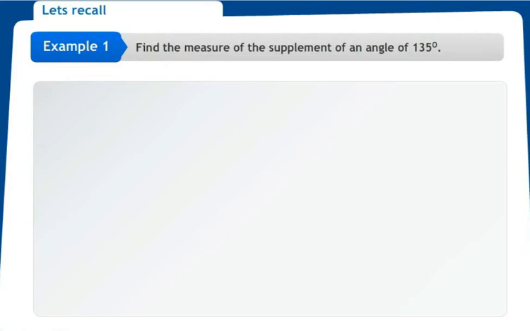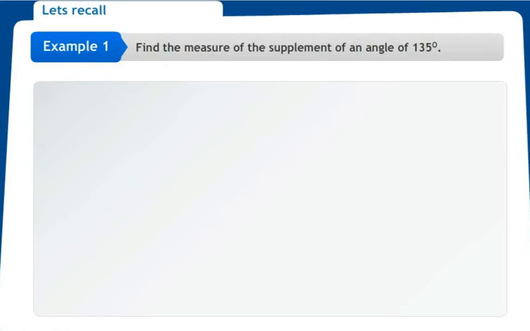In the previous class, I had explained what supplementary angles are. Just a short revision, and then we go to further sums. Two angles are said to be supplementary angles only if their addition gives you an answer of 180 degrees. When we were studying complementary angles, to find the other angle we used the term complement of that angle.